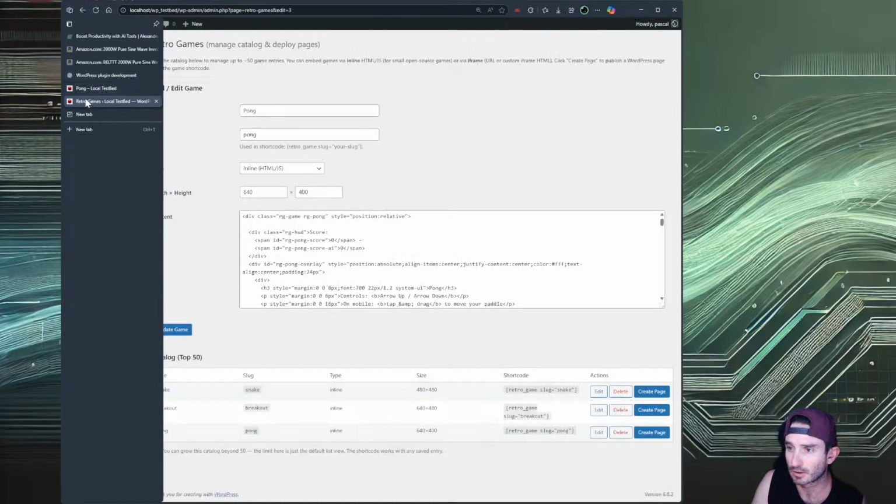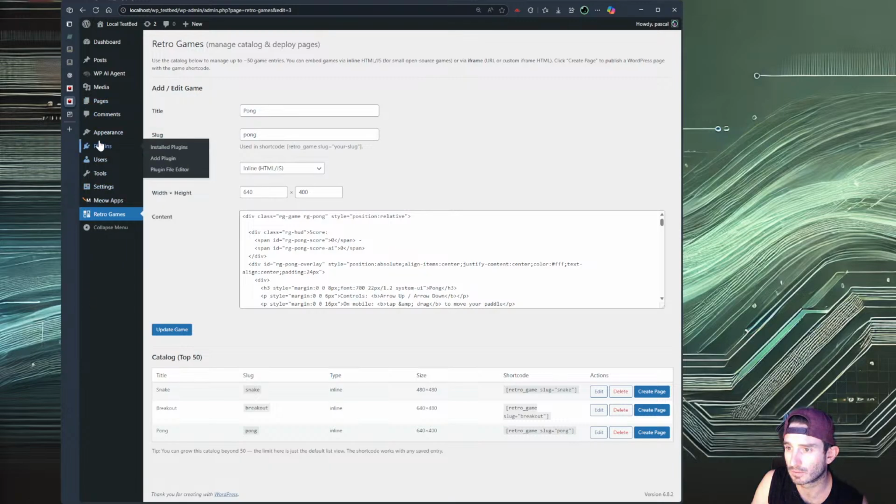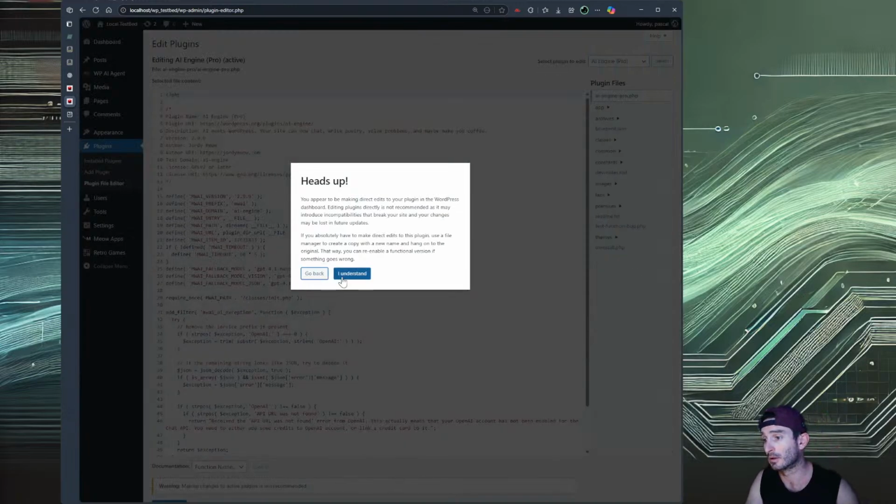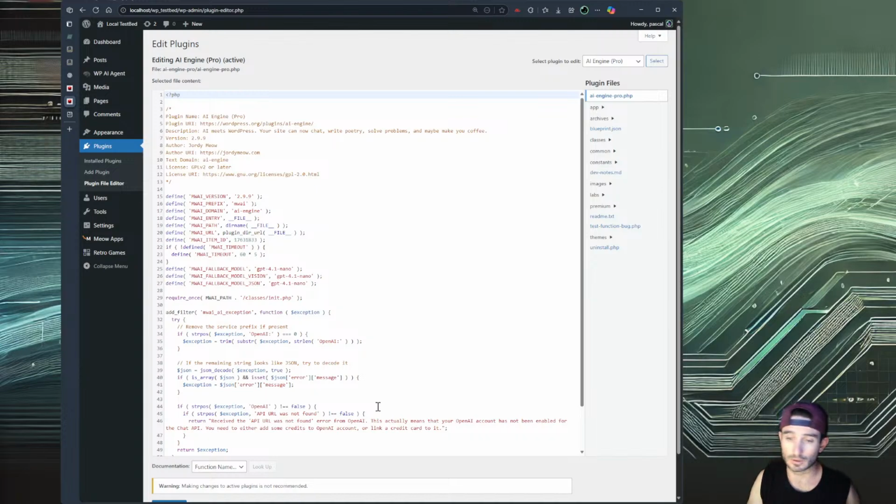Well, fortunately, I can go in and edit, I believe. Plugin file editor. This is an available plugin on all ProSuite WordPress installations. So, I apologize for the delay there. That was kind of annoying. We're going to go into the retro game pages plugin.